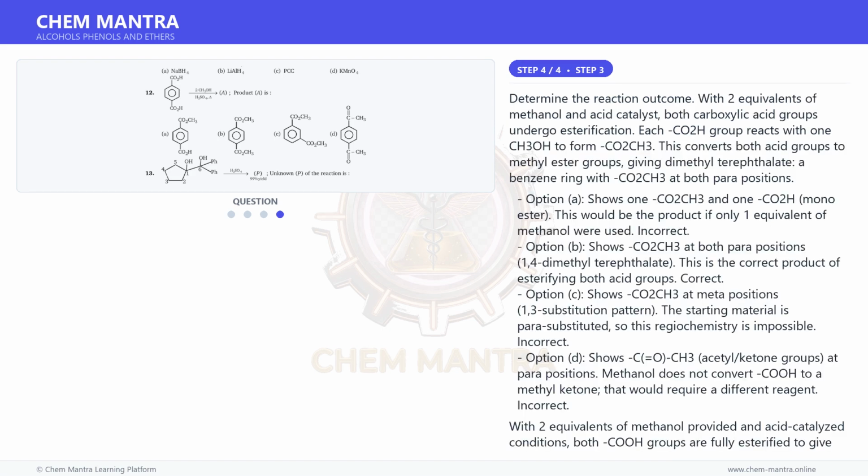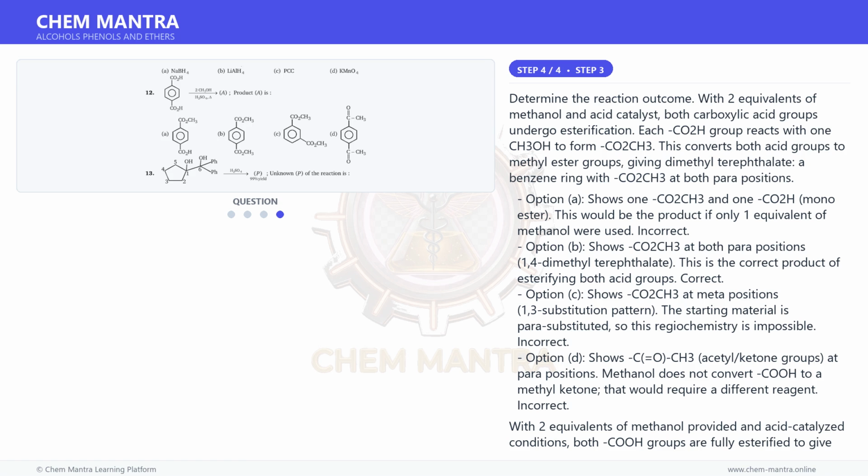And for the final step, determine the reaction outcome. With two equivalents of methanol and acid catalyst, both carboxylic acid groups undergo esterification. Each CO2H group reacts with one CH3OH to form CO2CH3. This converts both acid groups to methyl ester groups, giving dimethyl terephthalate, a benzene ring with CO2CH3 at both para